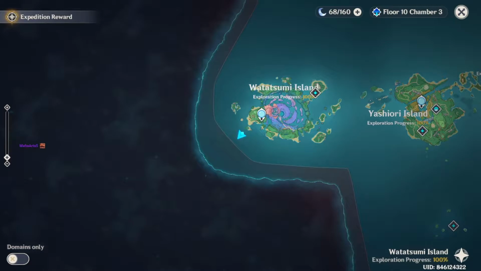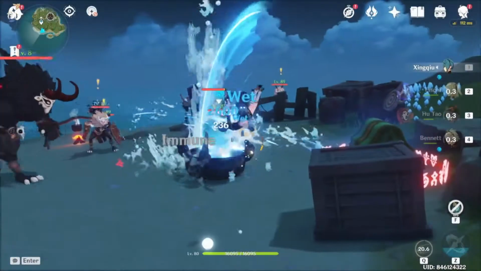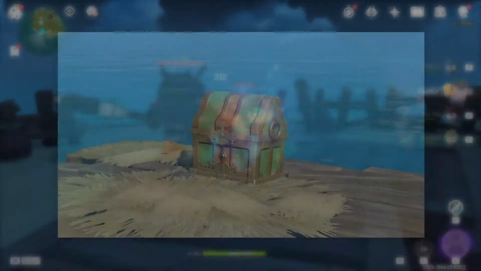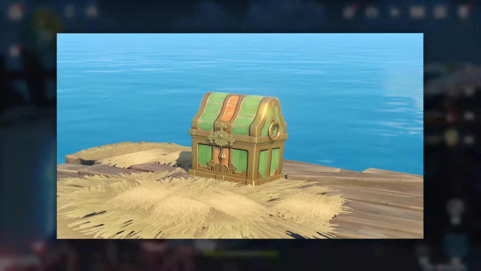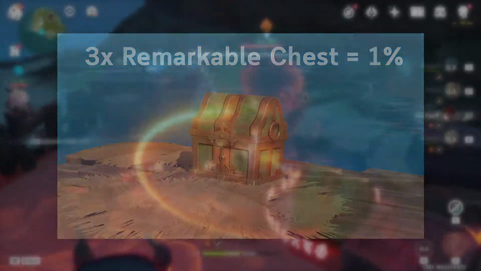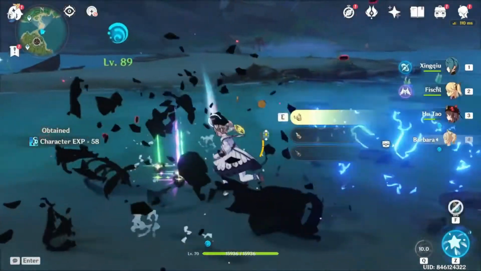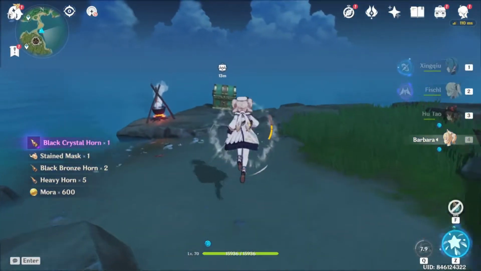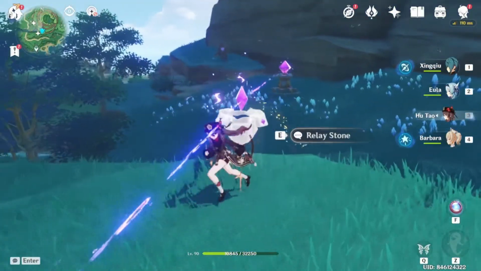Done. As for the last island, Tsurumi Island, which arguably is actually the easiest island because it has a remarkable chest which respawns every day or so, and you are granted 1% exploration for each 3 of them being open. So arguably this is the easiest island, assuming I have claimed those chests before I actually started exploring seriously, which I did not. But luckily there's plenty of chests and a bunch of puzzles that I could easily clear